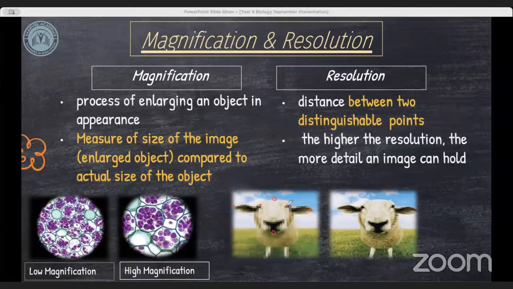It's blurry, right? Why? Because the resolution of this is not very good. This is an image with a low resolution, right? So children,